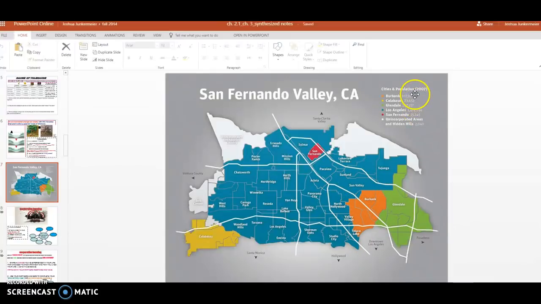You can see Burbank has many people in its population. We have over 107,000 people as of 2007. Now, 2007 is a long time ago, so the potential for Burbank's population to be higher is likely. Class sizes at our schools are increasing, and we know we have more and more students each year trying to transfer into Burbank High School. So the chances of Burbank's population being even more are there. But in general, we live in this huge area, and we're right next to downtown LA and Hollywood and Pasadena. These are huge urban areas, big cities. This is our home. This is our environment.